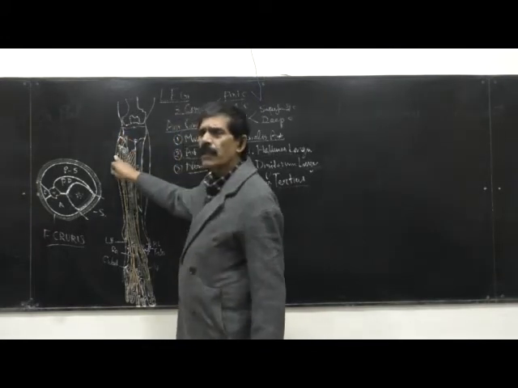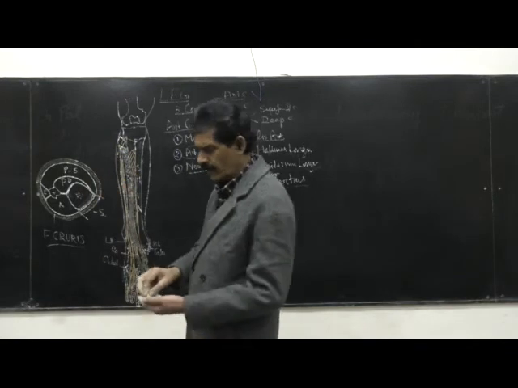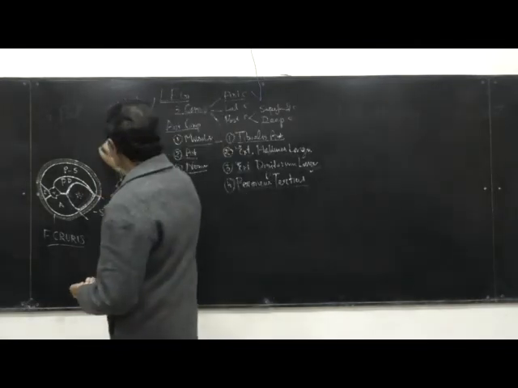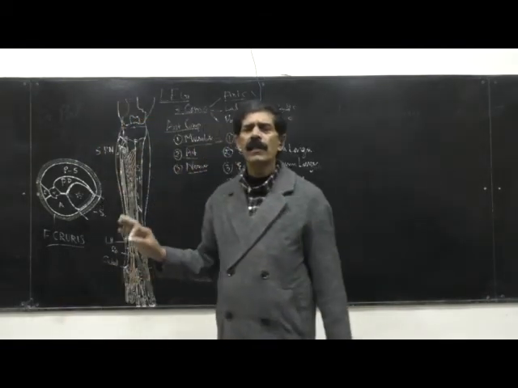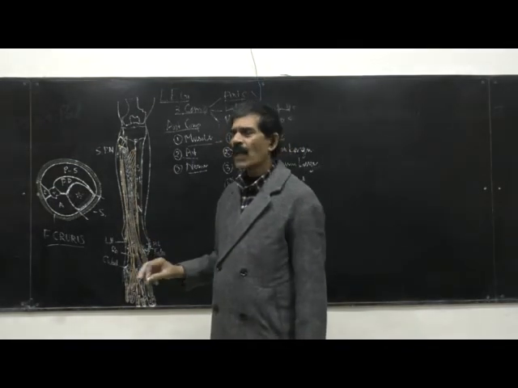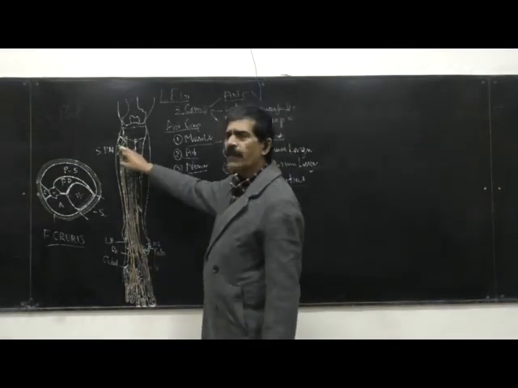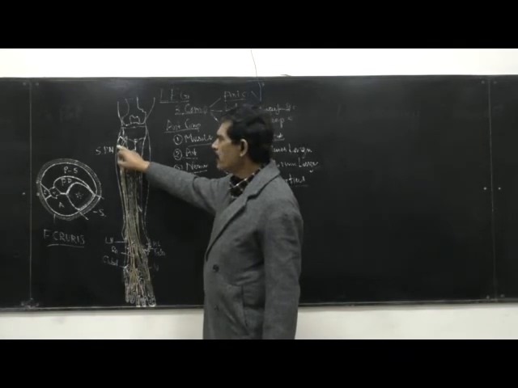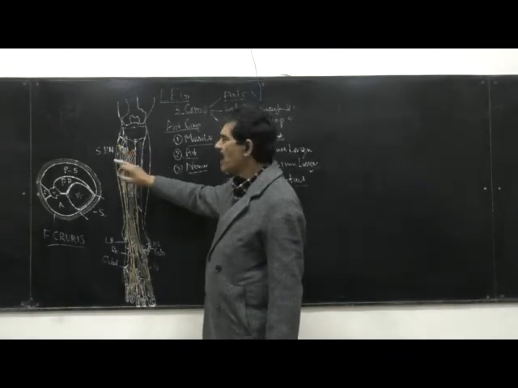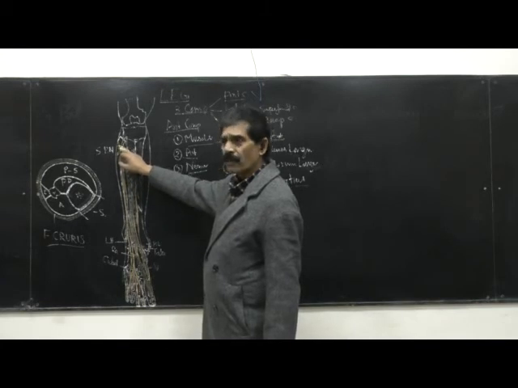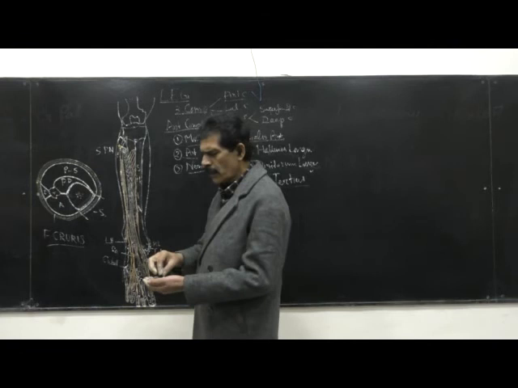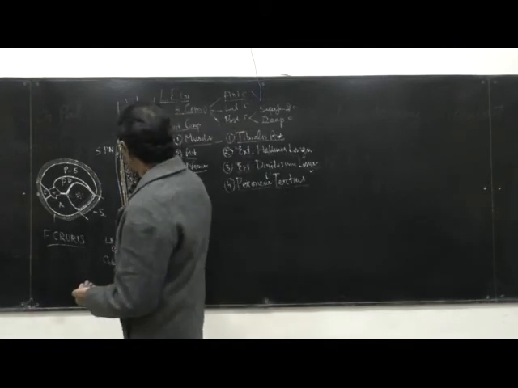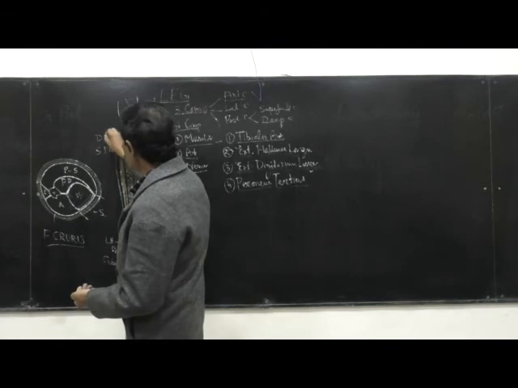The lateral branch is called the superficial peroneal nerve, and this nerve is the nerve of the lateral compartment of the leg. While the medial branch of the common peroneal comes in front of the neck of the fibula, and there is already a gap there. Why have we left the gap for the origin? Now it is clear. Because the medial branch, which is called the deep peroneal nerve,